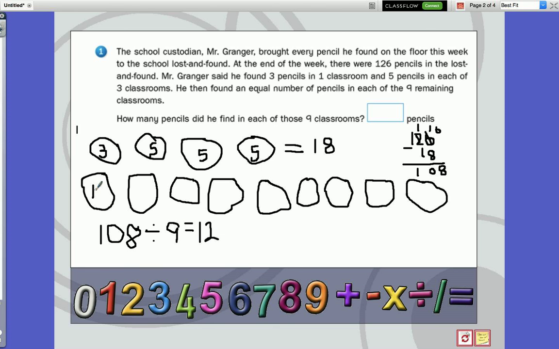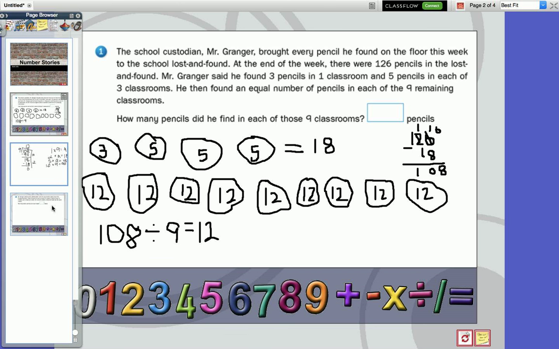So the answer should be that they found 12 in each of these classrooms. Now remember, you want to go back and check to make sure your answer makes sense. Another way that you could check is to do the problem in a different way. If I look at my drawing here, I have 12, 12, 12, 12, 12, 12, 12,